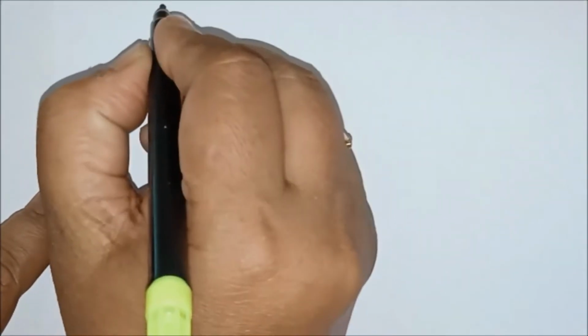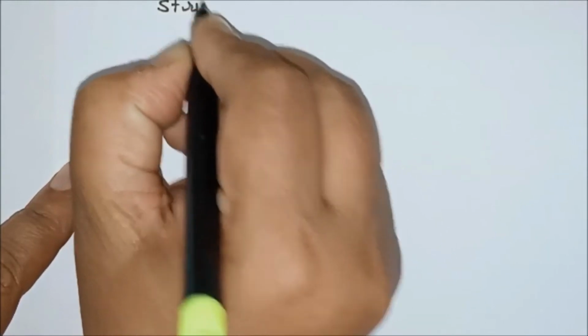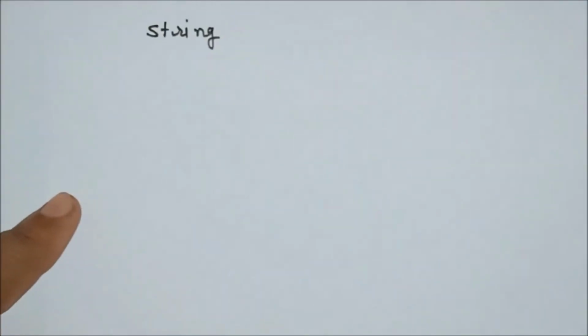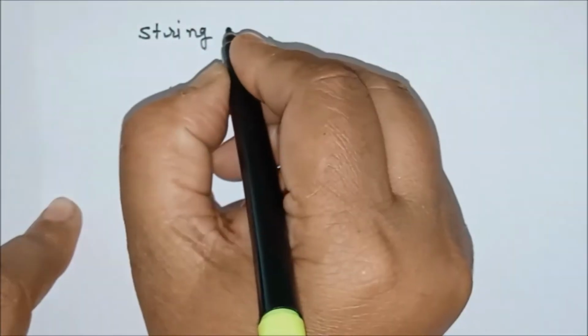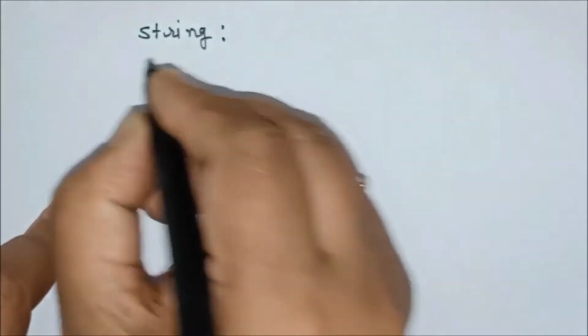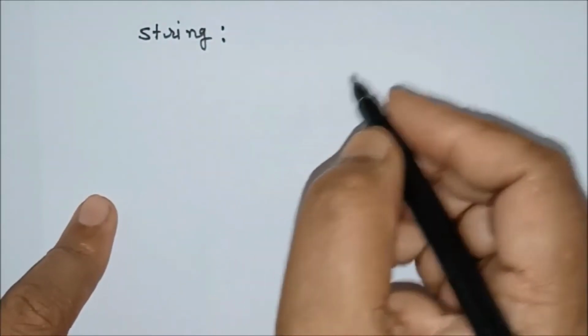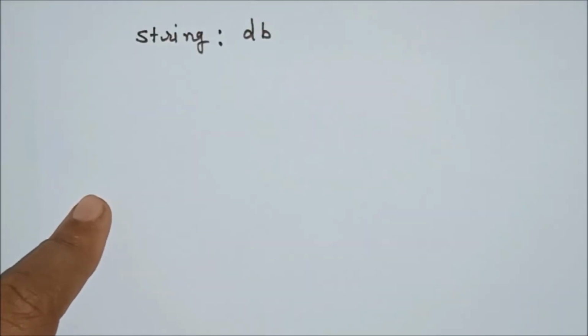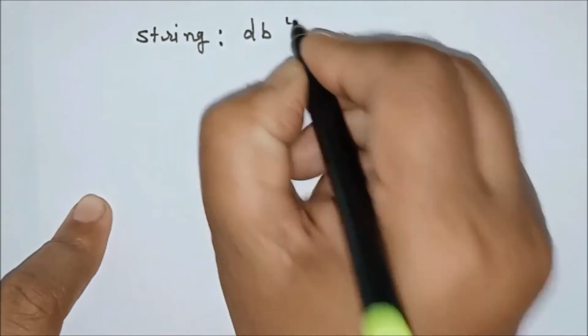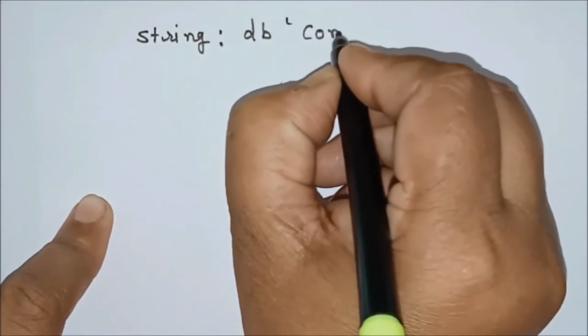Now writing a program in assembly language. First we will store the string which we want to transmit in a lookup table, and for that we'll write the string at the end of the program. String is the name which I am giving to the string which I want to transmit. We have to write this like this: string, any name we can give to this string. Then db, that means 8 bits are required to store ASCII value of each character in string, and suppose we want to transmit string as communication.